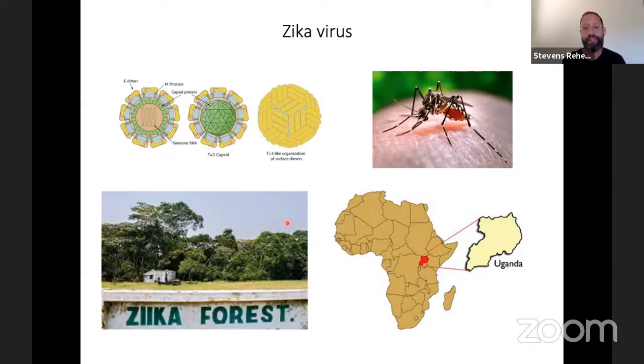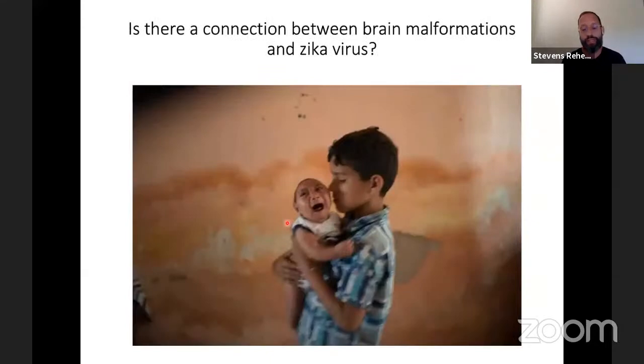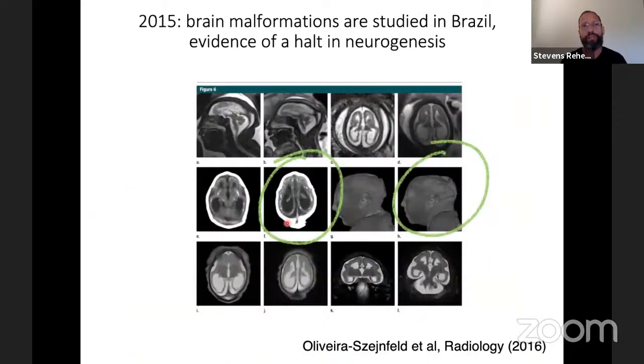But since then, especially when it reached Brazil, there was a connection between the brain malformations and the Zika virus. While lots of people got infected with the Zika virus, we were also seeing thousands of babies being born with these malformations, characterized in this picture by microcephaly. So colleagues from our institute started to study and to receive the patients and also postmortem tissue from